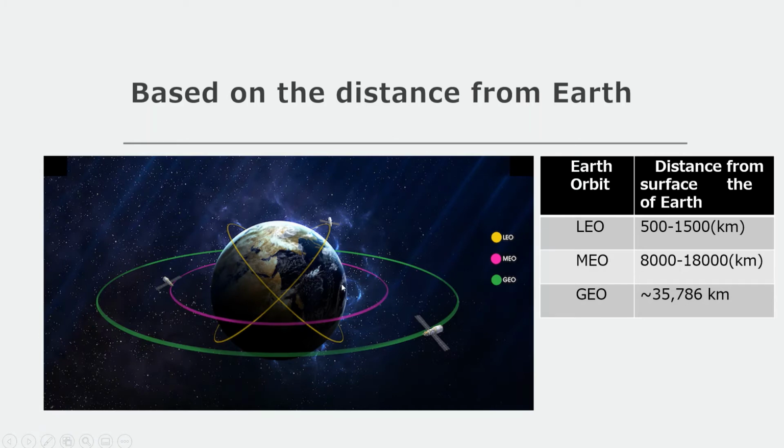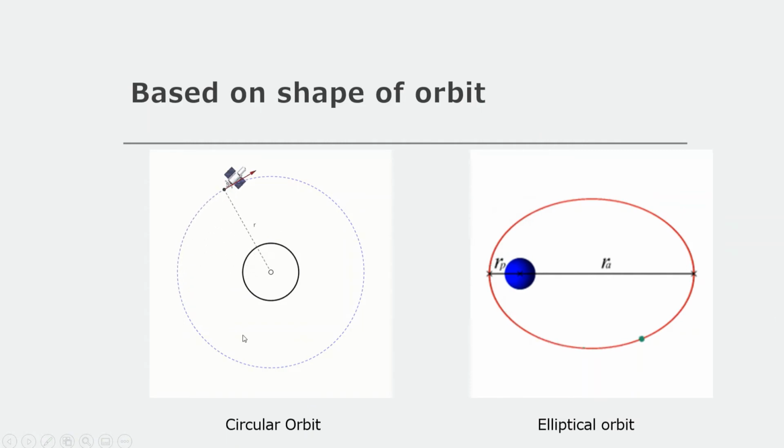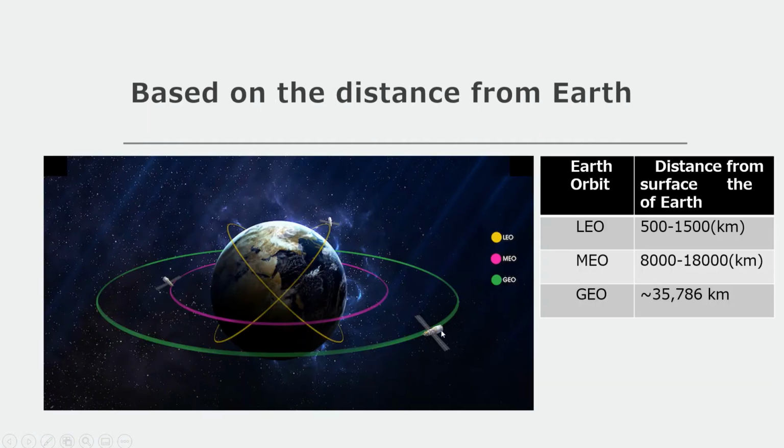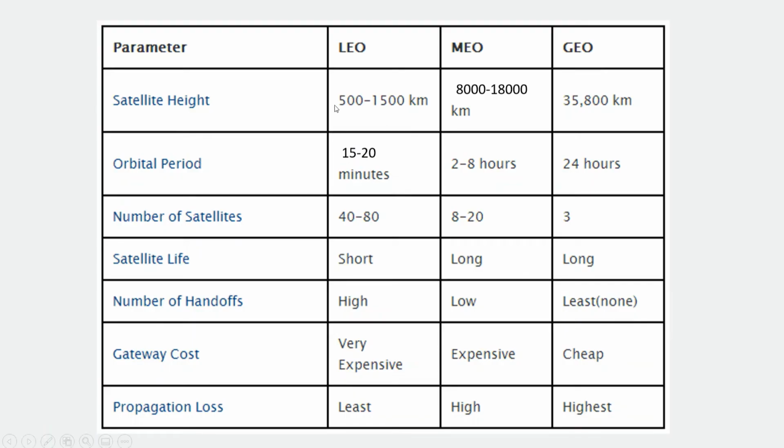And one more advantage is, these GEO satellites make a nearly 0 degree angle with the equator. So we could say this geosatellite orbit is equal to a circular orbit around the Earth. And this geosatellite takes a sidereal day, that is 23 hours, 56 minutes and 4 seconds, to revolve around the Earth, which is almost nearer to the Earth's one rotation day, that is 24 hours. So these are some of the differences between the LEO, MEO and GEO orbit satellites.